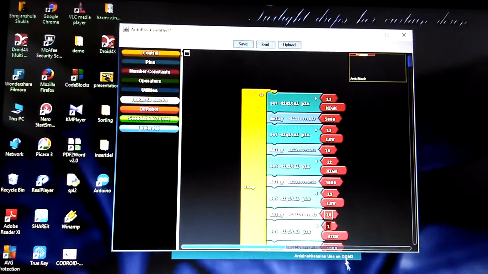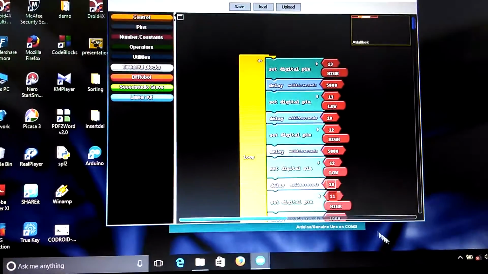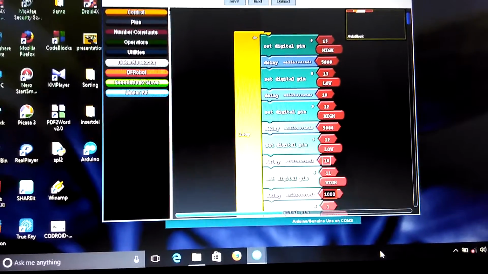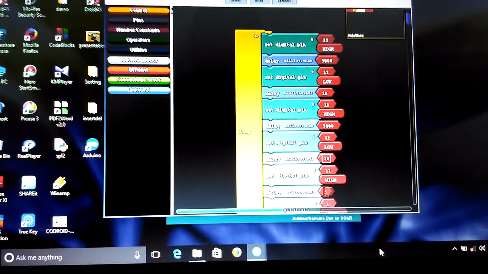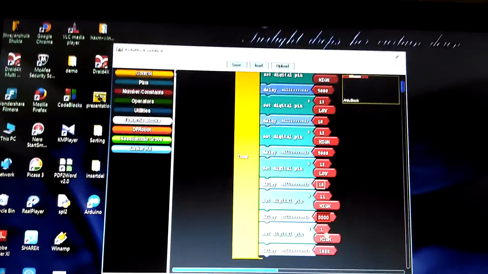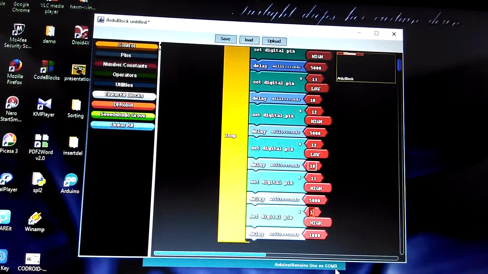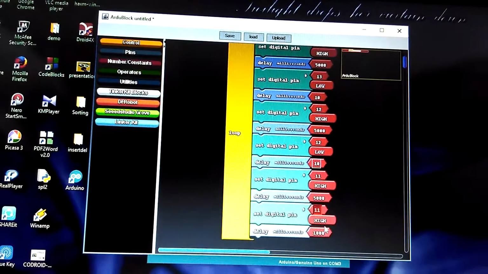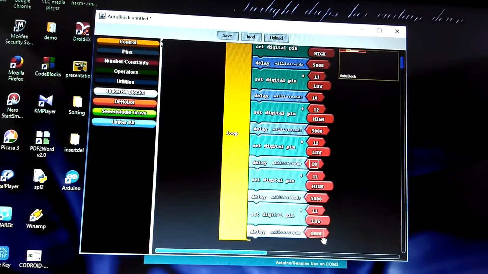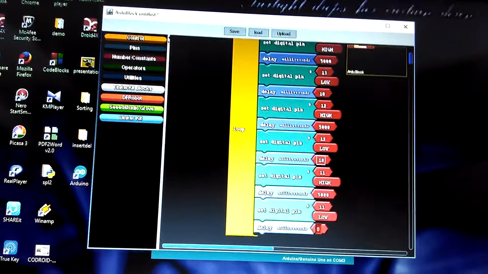Then here you will put pin number 11 high. Then here again the delay of 5000 milliseconds. Then here you'll again do 11, but this time, instead of high, you'll do it low. Okay, and delay here will be 0.